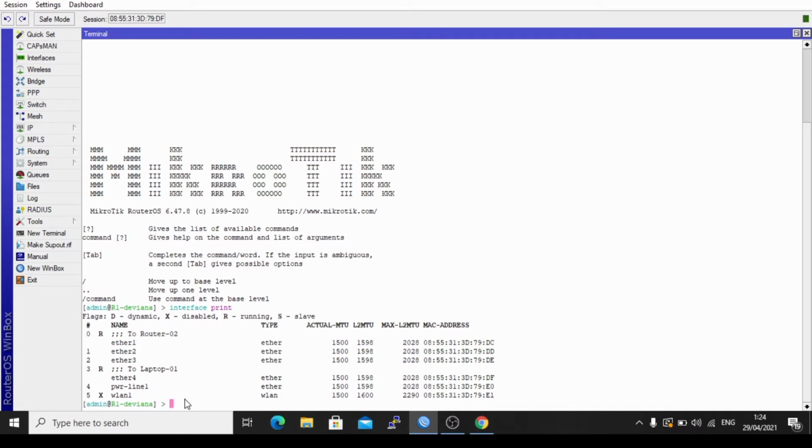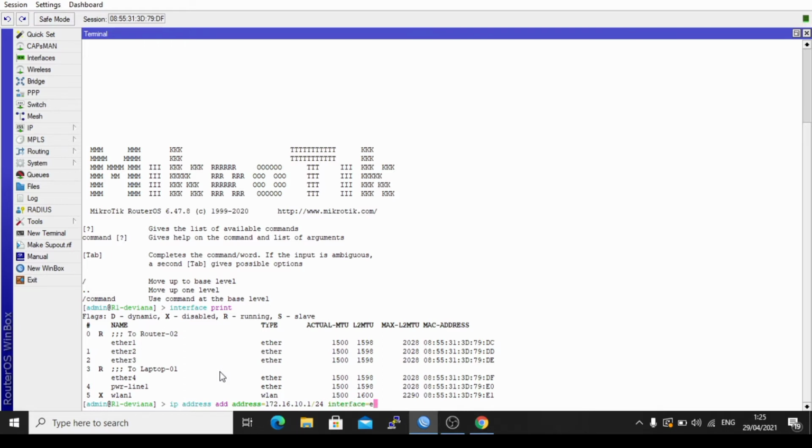Next, we configure the IP address for the two interfaces, namely Ether 1 and Ether 4, with the following command: IP address add address 172.16.10.1/24